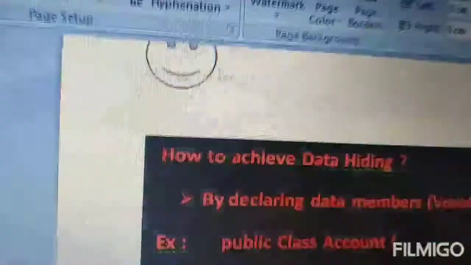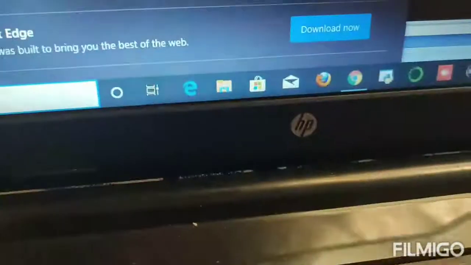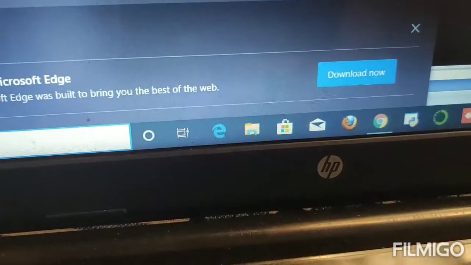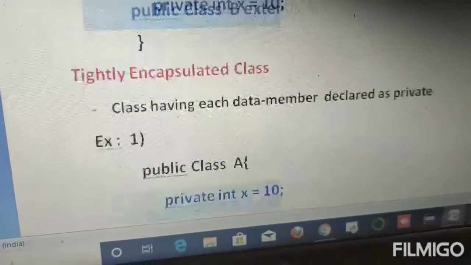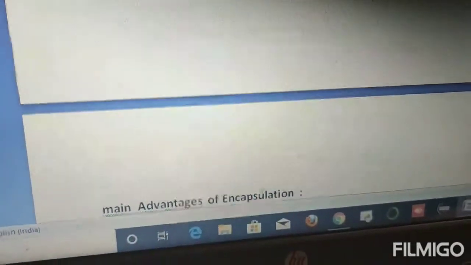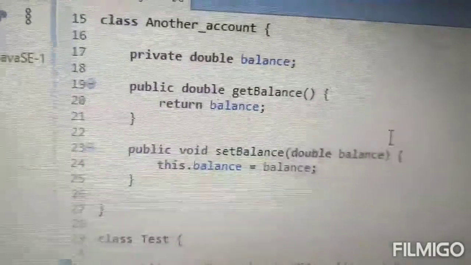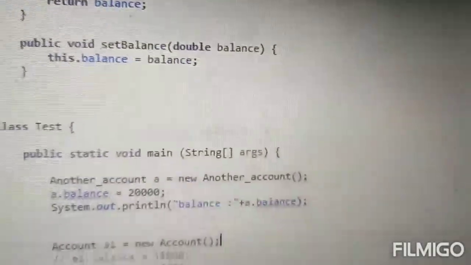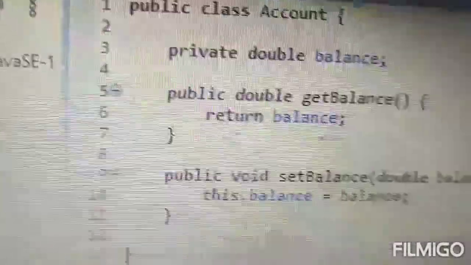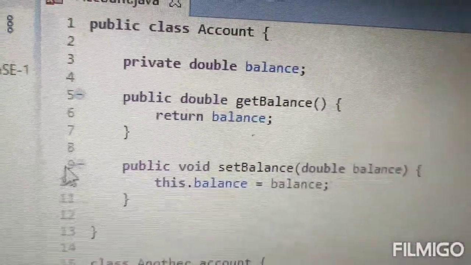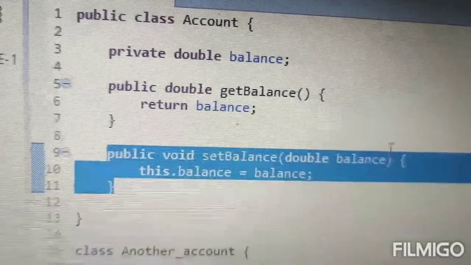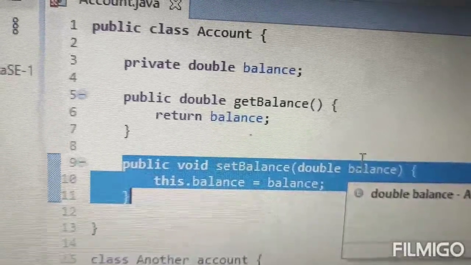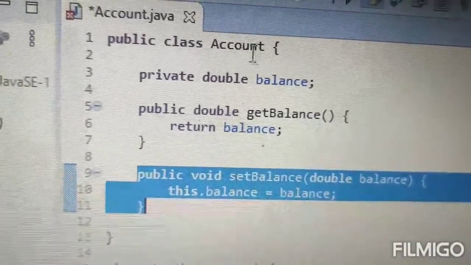Sorry guys, just give me a second. Here guys, in the Account class I have a method called setBalance, which takes input as a double balance, and it will set that balance to this private data member.